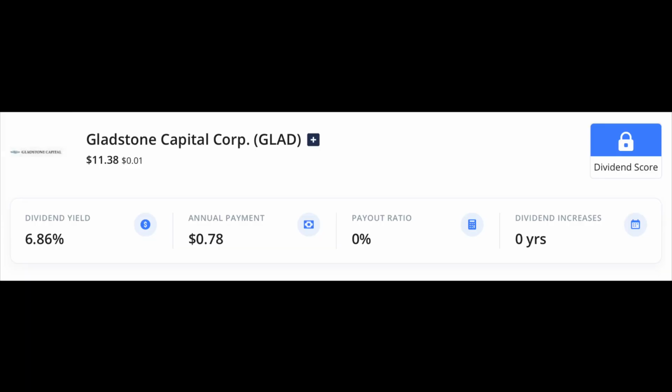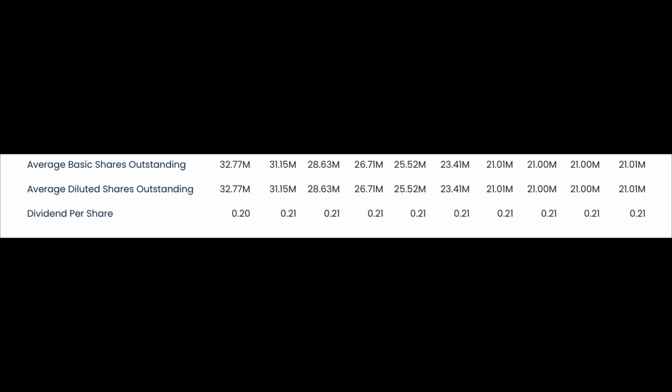Like I said, they do pay a 6.86% monthly dividend, which turns out to be about 78 cents annual per share. So they have 0 years of dividend increases. Their dividends have been decreasing from last year. They were giving about 7 cents a share, and now they're giving about 6 cents a share. So I had 100 shares, so I made about $6.50 a month from them, because they give about 0.065 a share or whatever it is. So I was making $6.50 a month from them, but let's get into some of their financials,